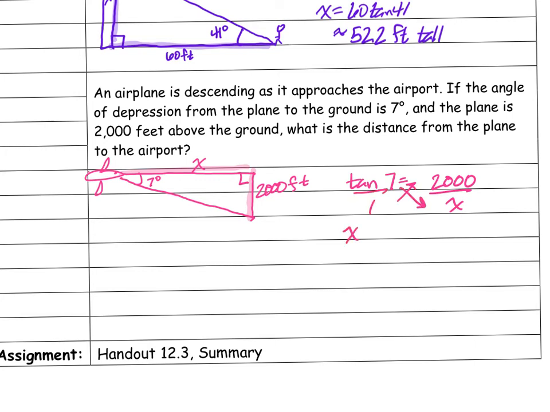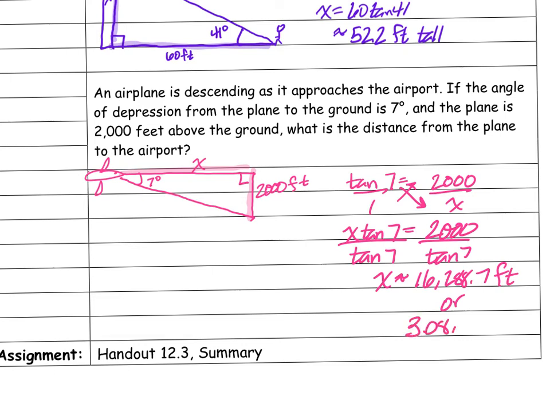So I've got x tangent of 7 equals 2,000. Divide by tangent of 7. So x is approximately going to equal 16,288.7 feet, or